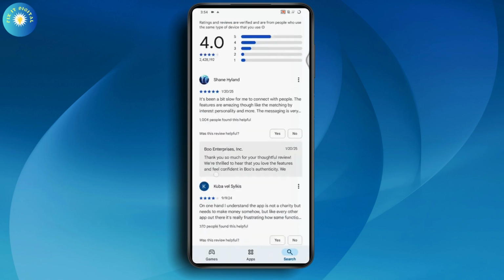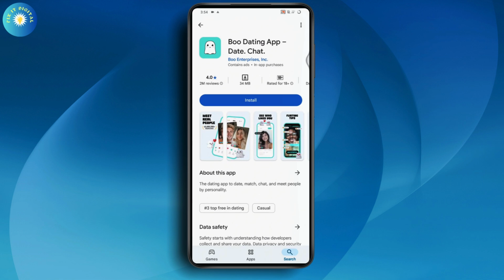So it also has a pretty good review, and it's also free, so you can go and install it and use the